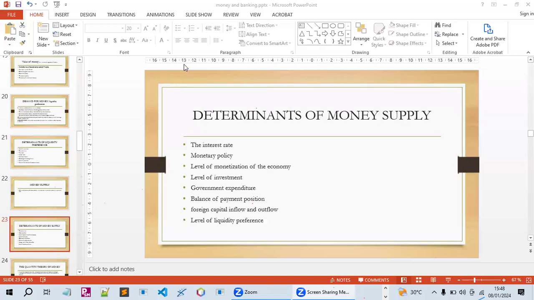Excuse me, madam. Yes? What if you want to ask questions in different sectors? For example, today we are handling money and banking. But what if you have a question, for example, in demand? You can ask, yes. I have this question about the difference between agricultural modernization and agricultural mechanization.